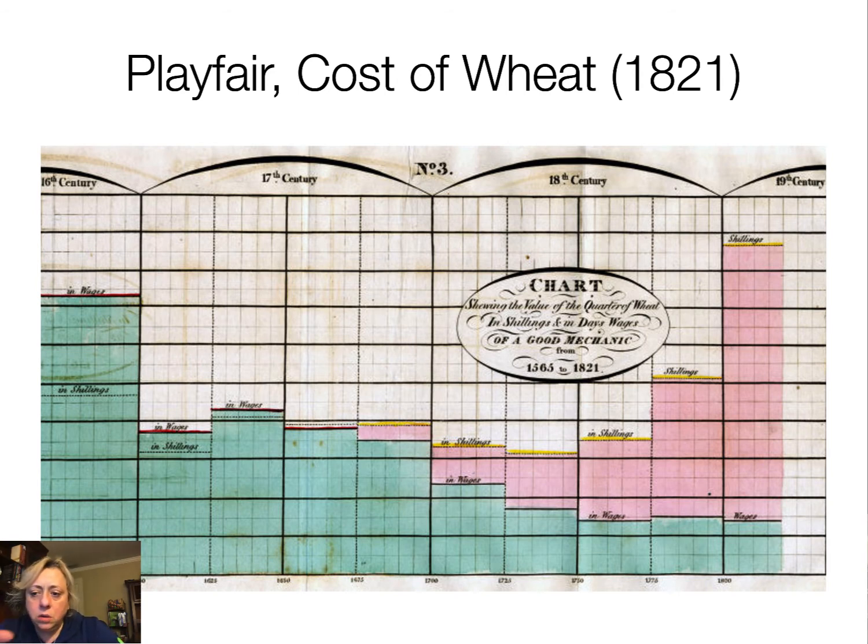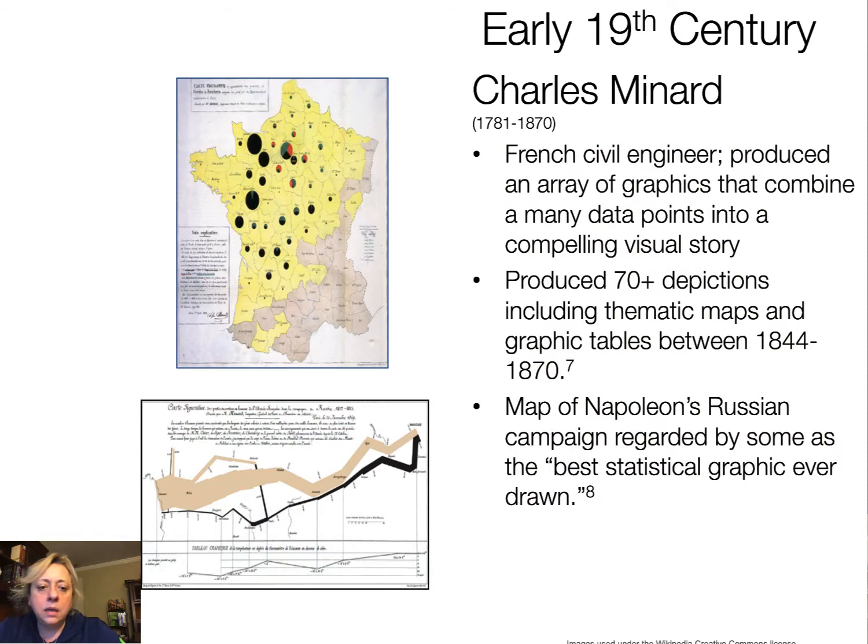Now, the one I mentioned also is the map of Napoleon's Russian campaign. That's really famous, and it goes to the early 19th century, the one at the bottom. It's a really famous map because you think about that time, we're talking about between the 1780s and 1870s. It was one of the best statistical graphs ever drawn, and a lot of the credit goes